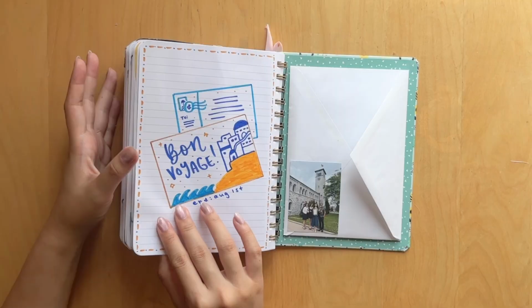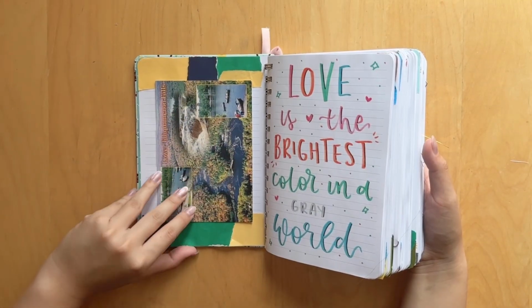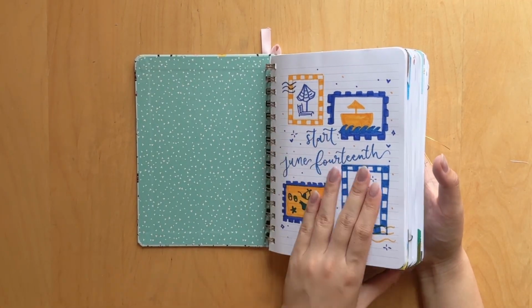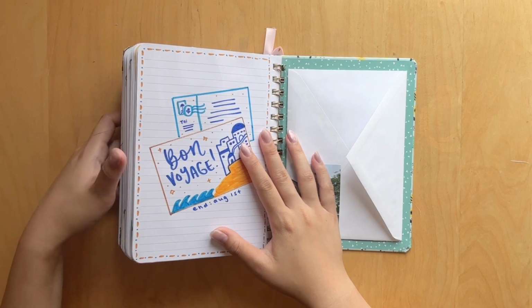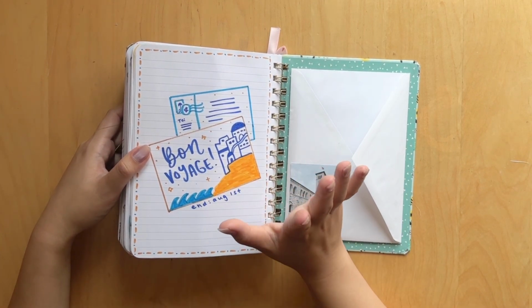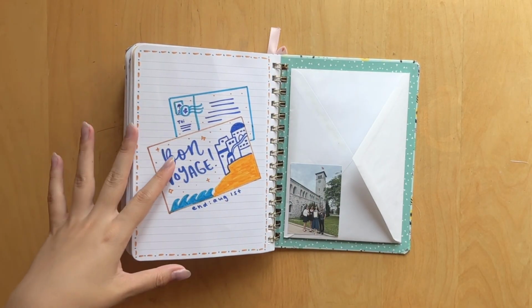So cute. And then to finish off the spread, you guys know I like to do kind of similar matching-ish spreads for the first page and the last page. So this was my cover page, and then this is my final spread. This was inspired by Amanda Rach Lee. I love her bullet journal themes. They're always super fun. And I thought that this Bon Voyage theme for the end would be